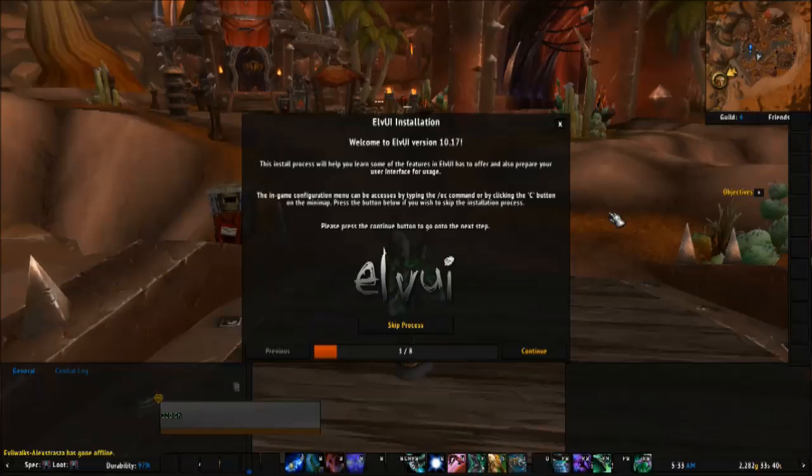Today I'm going to be making a video on how I set up ElvUI for my interface. A lot of people have asked me what I use for add-ons to track my timers and cooldowns, and it's